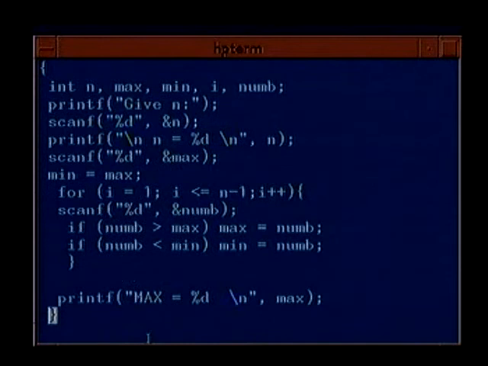So this program should work, isn't it? Is that okay? This program should work, in that you have declared a new variable min, you have read in this, you have done this, and if num is greater than max, max is made num, if num is less than min, min is made num, and here you have to print both max and min.